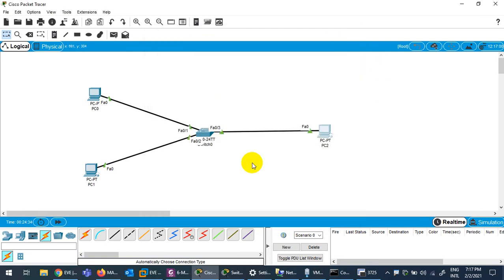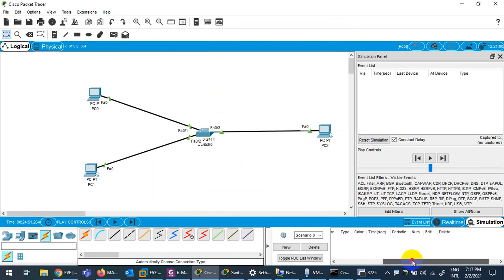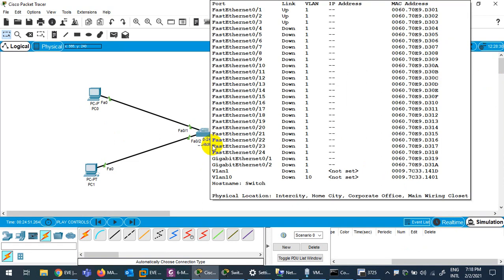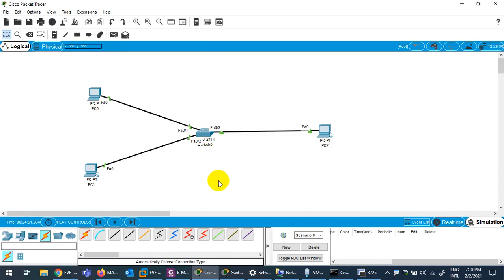Yesterday I told you a switch can be used to connect same subnet PCs with each other, any device. Let me go to simulation mode. So now I'm in simulation mode. Now if this PC wants to communicate with this PC, a layer 2 switch doesn't care about any IP addresses.